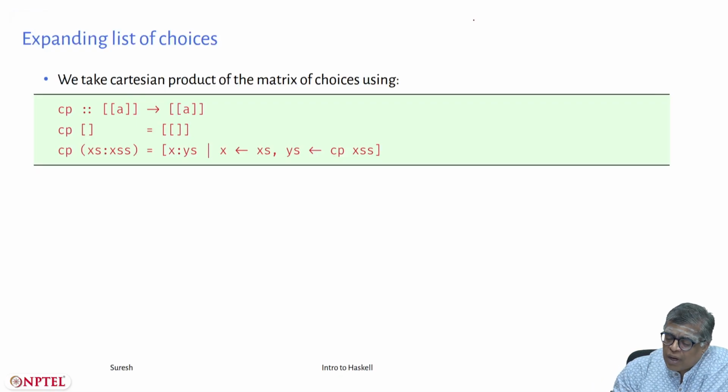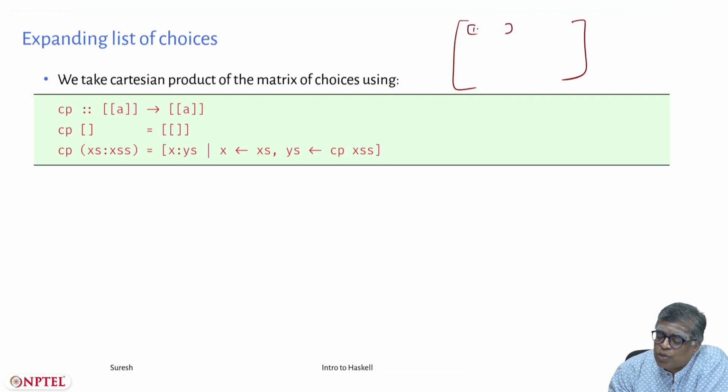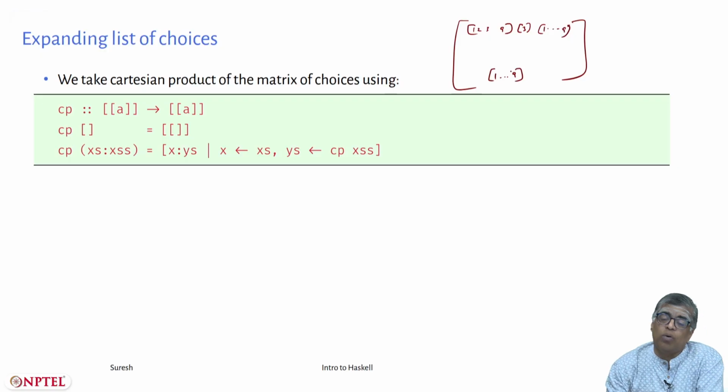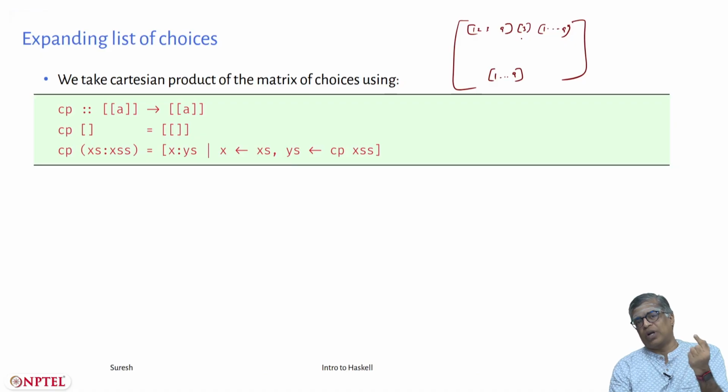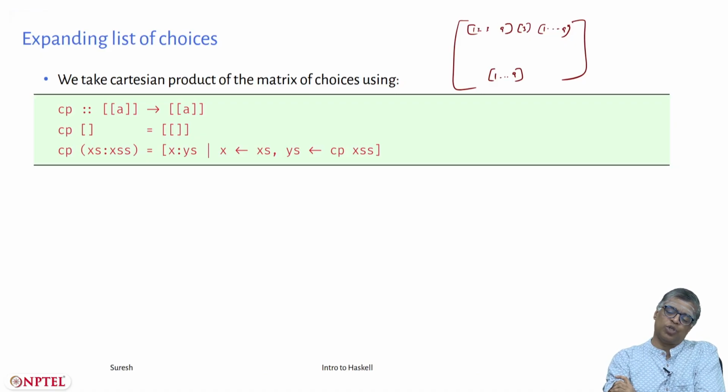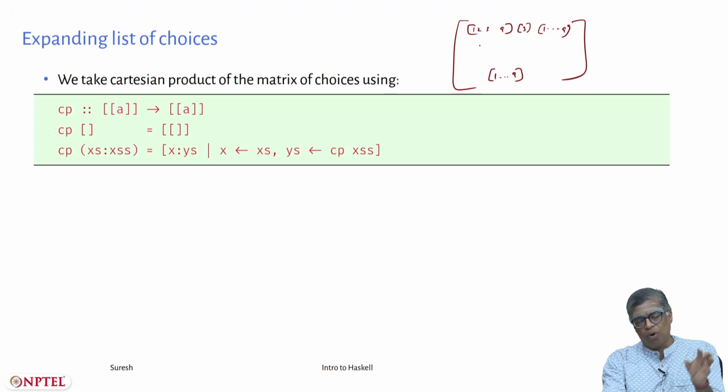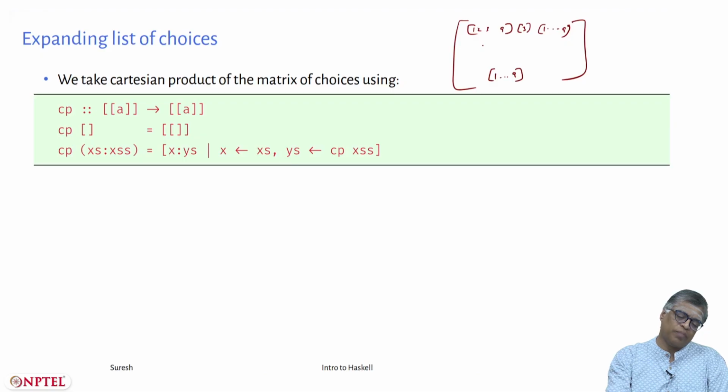Now I have a matrix where I have lists, 1, 2, 3, 4 till 9, somewhere here 1 dot dot dot 9. What I'll do, I'll choose 1 here, 1 there, 1 here, 2 there, 1 here, 3 there, 4 here, 5 there, all possible combinations like this. If I do one choice for all these choice lists, that will give me one matrix. But there are multiple ways of choosing, so I'll do all these combinations, that will give me a list of grids, and that is done using Cartesian product.